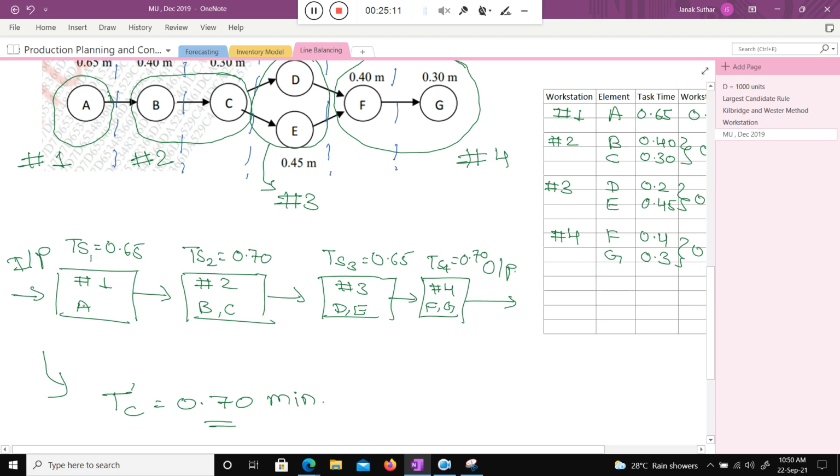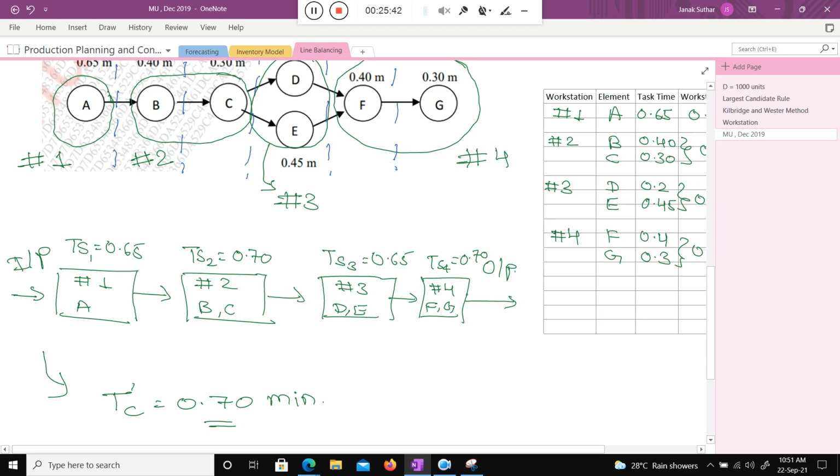Just think logically. If I pass some raw material to workstation 1, there A assembly is done, then I will do B and C, then D and E, then F and G, and I will get the final output. So how much time will each final output take?